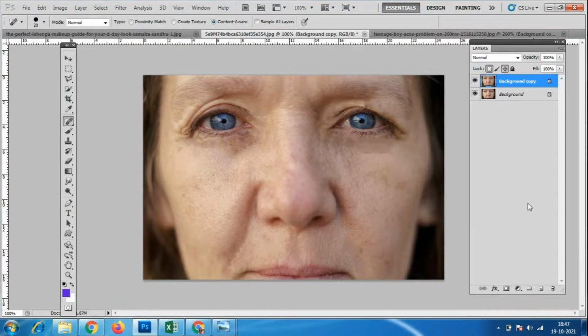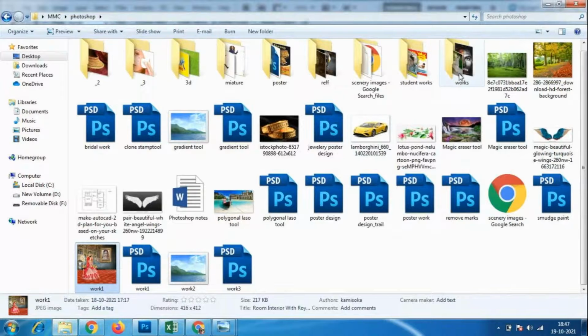So this much we can remove. Okay, before, how it was like this, how much we have removed here. So this much we can remove. So we have to keep on working with this kind of images so that we can remove the wrinkles to the maximum. Even in the lips, nose, everywhere we can remove the wrinkles. Okay, everything which is possible with this tool.